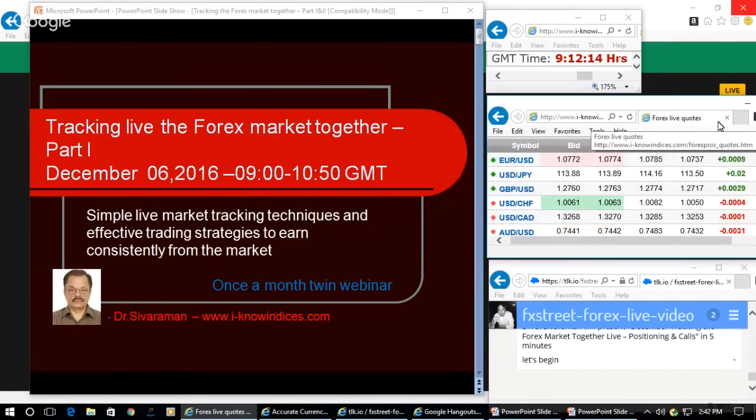So what are the more important things? First of all, the levels at which the currencies are making their swings. Secondly, the time at which we wish to enter and exit the market. And thirdly, the type of moves the players make in the market. We need to read the type of moves they are making in the market. Only then will we be able to understand that after this particular move A, they will do move B.